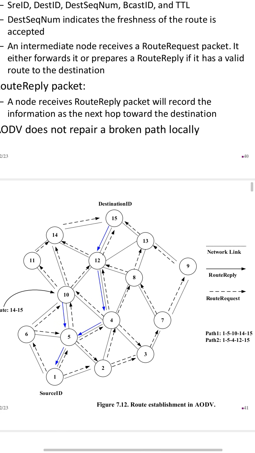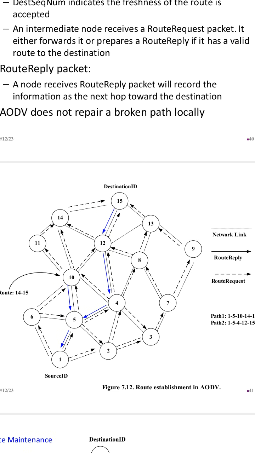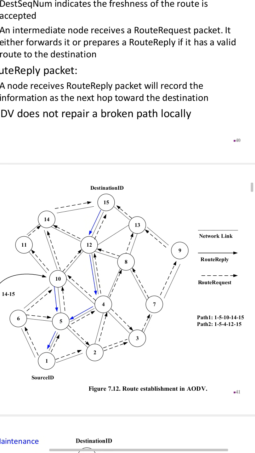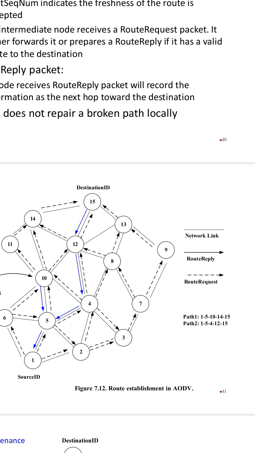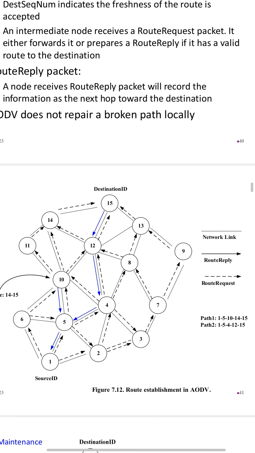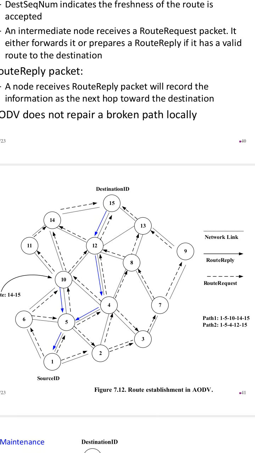Suppose we discuss this example. The source ID is 1 and the destination ID is 15. There are two messages, route request and route reply. First the source node will send the route request messages to the corresponding adjacent nodes. Like this, all adjacent nodes, that is 2 is sending to 3 and 5 is sending to 4. So like this, all adjacent nodes will receive the route request